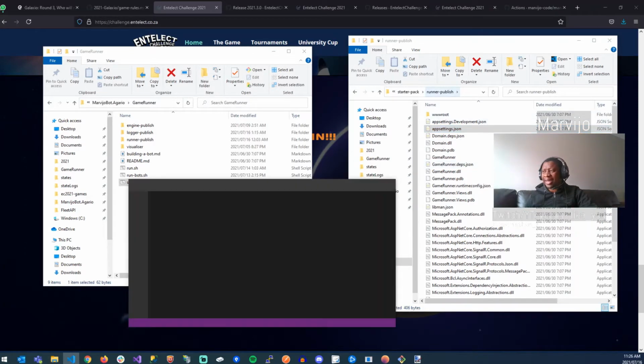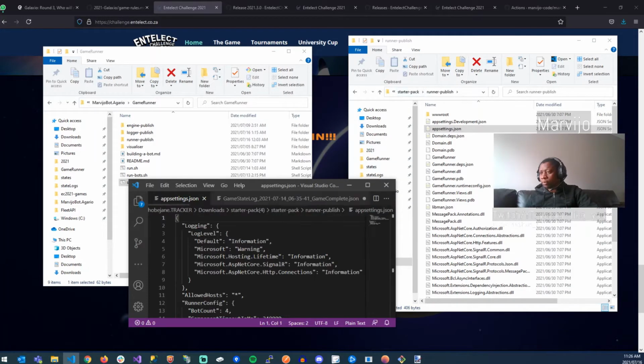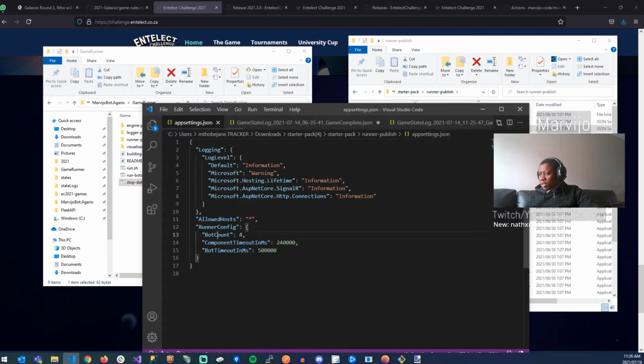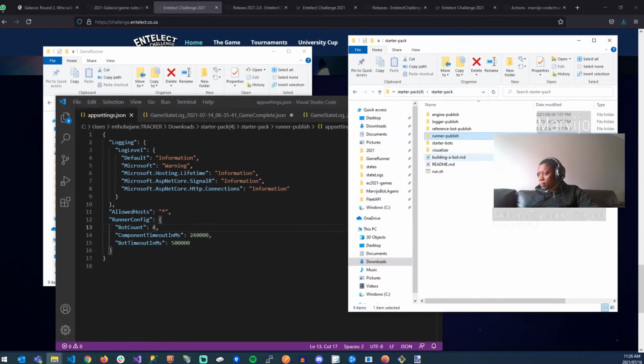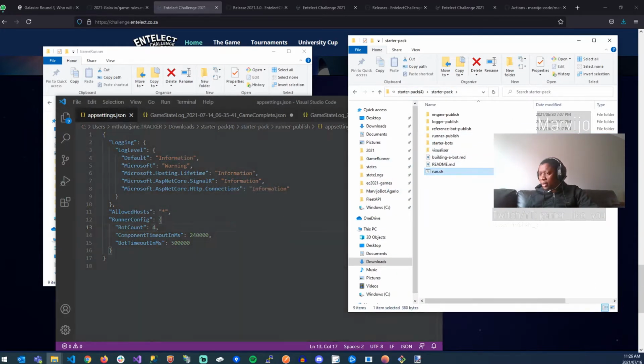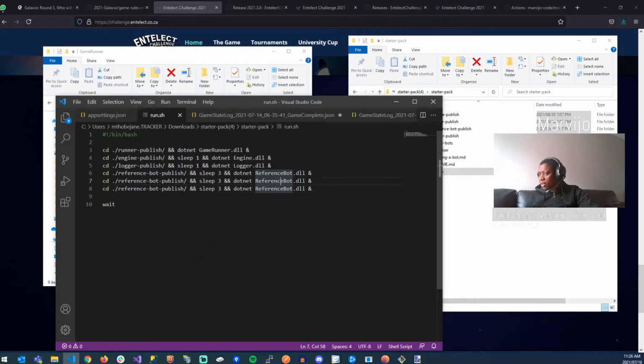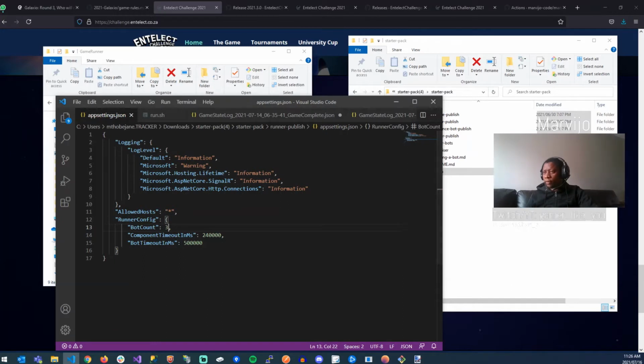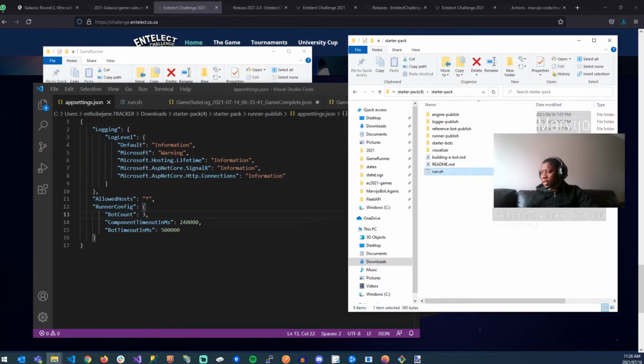This is inside the runner publish folder, inside the starter pack folder. Once we're here, you'll see in your bot count it says 4, and if we open the run script, there are actually 3 reference bots here, so it's 3 bots. So if we needed to execute as is, we'll need to modify this bot count to 3 because we're not debugging now. So if we modify it to 3 and say run.sh,